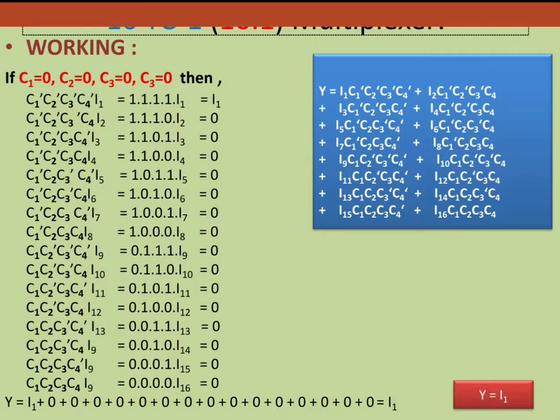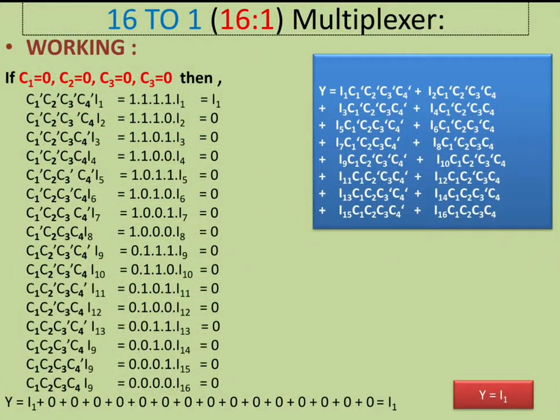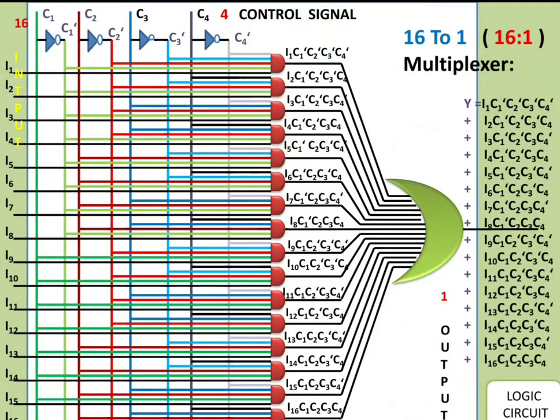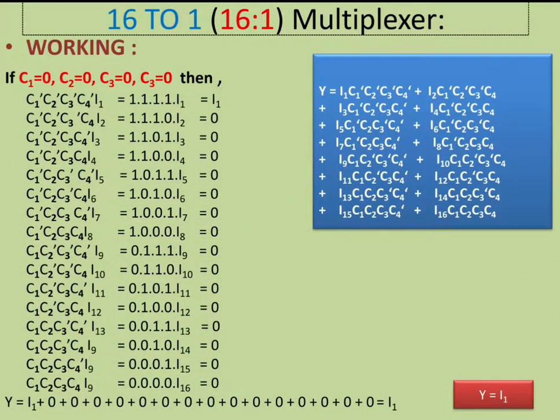You can take any example for that, and using this logic circuit you can go through any of the workings and judge what we are getting as output. I created a lot of things so that you are able to understand. I spent a lot of time to create all these things, and you have to create all these things in your copy also so that you can go through it whenever you want, and try some workings by yourself so that you are able to understand what is going on.